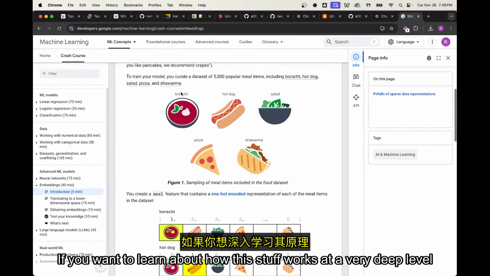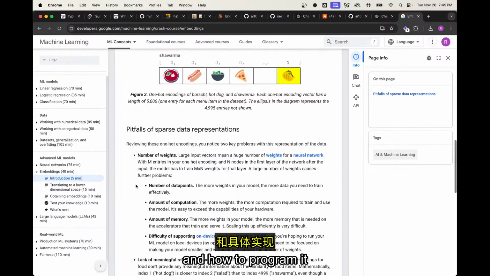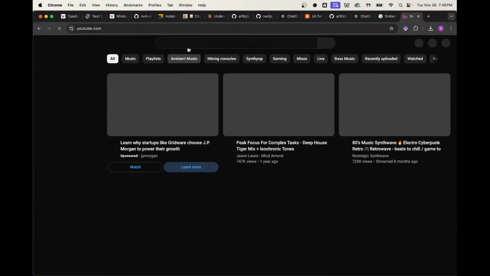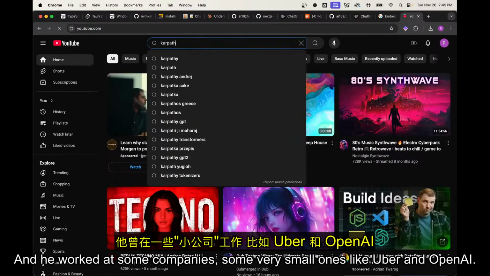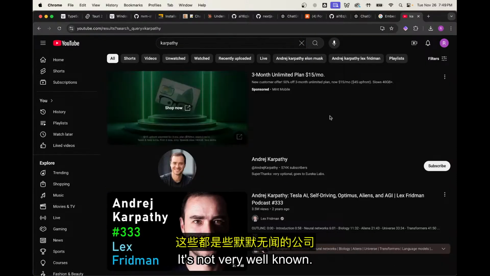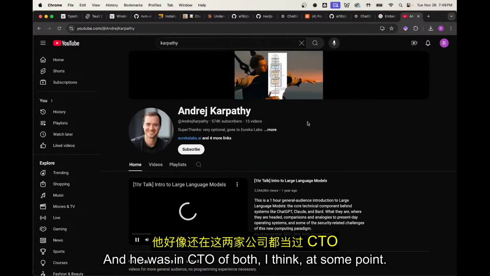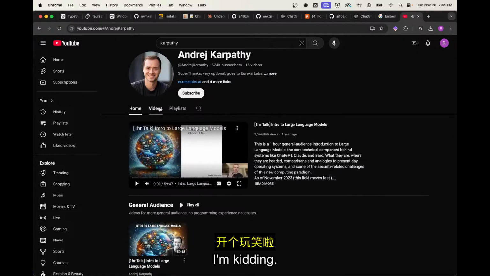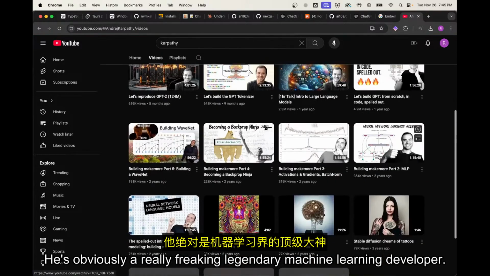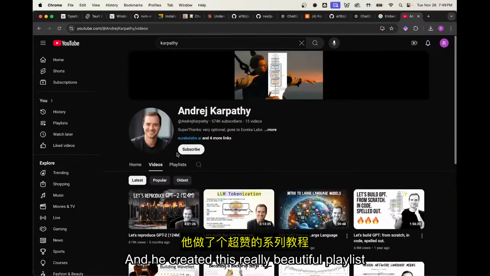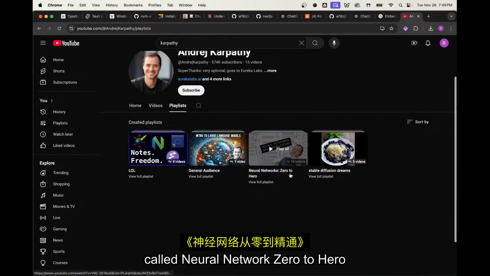If you want to learn about how this stuff works at a very deep level and how to program it, there's a guy named Andrej Karpathy, and he worked at some companies, some very small ones like Uber and OpenAI. It's not very well known. He's the CTO of both, I think, at some point. I'm kidding. He's obviously a really legendary machine learning developer, and he created this really beautiful playlist called Neural Network Zero to Hero,